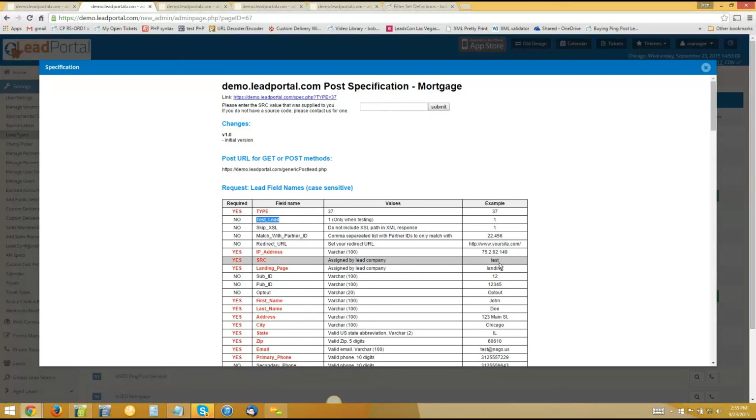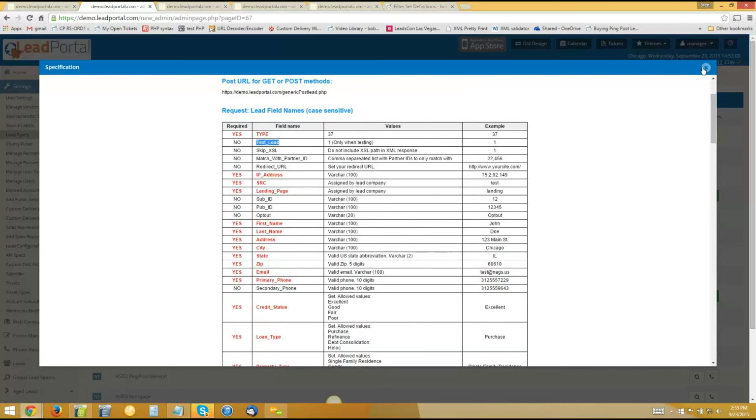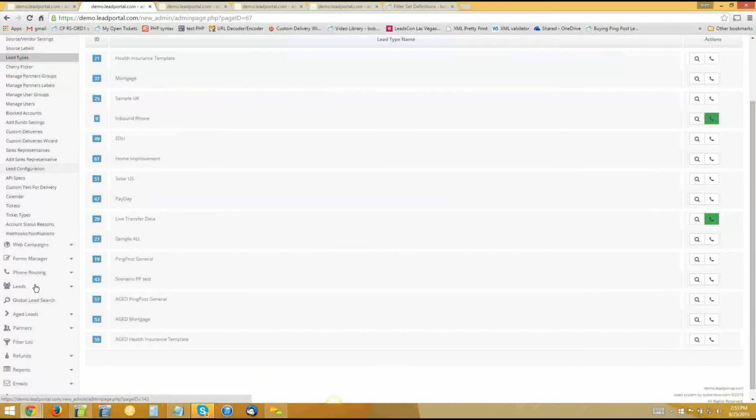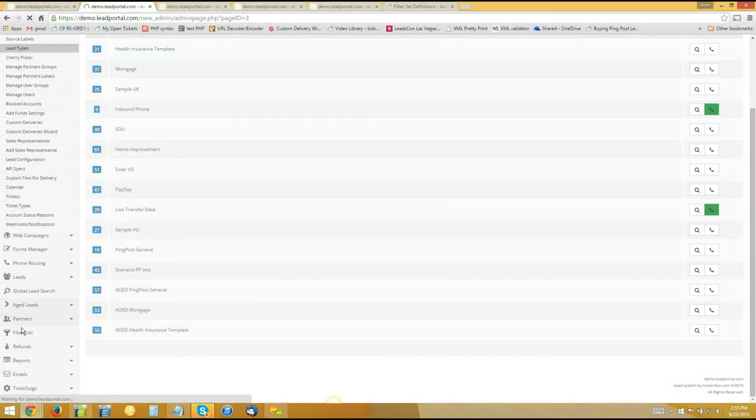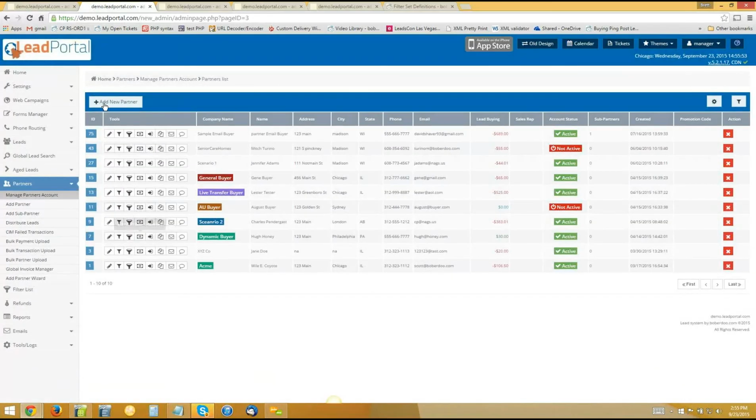When you're sending the lead in, what many people do is create a test account under their partner section. Just like you create a real buyer, you create one and call it test. And what you do is you create a filter set. What I always recommend is setting the filter set so it only takes state equals Alaska and zip equals